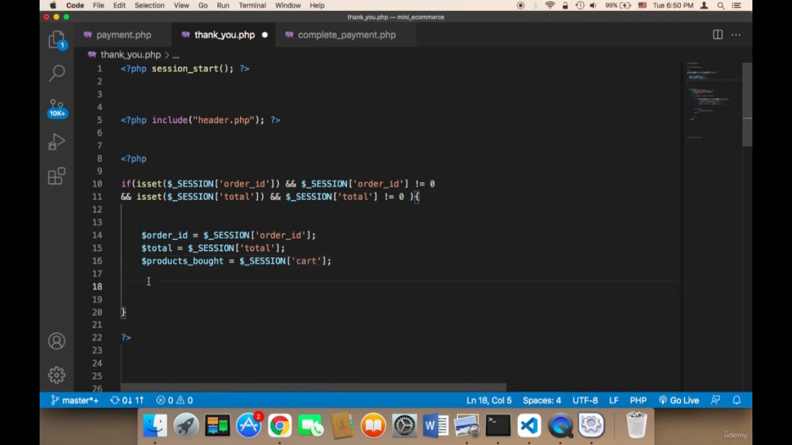But after this, what we want to do is remove everything from the session, because at this point payment has been accepted and the order has been issued, everything is fine. So here we need to unset